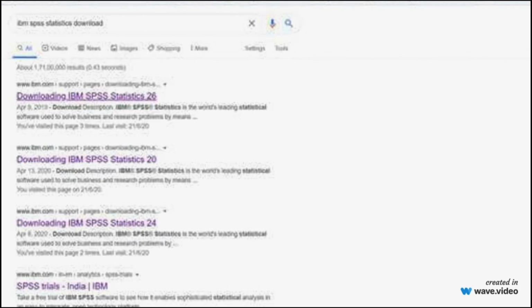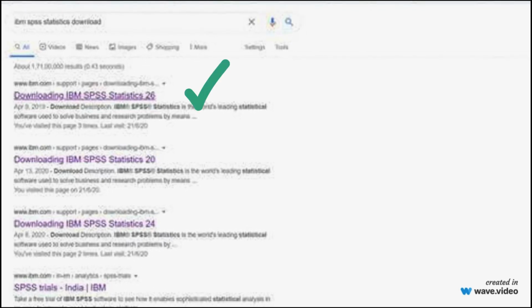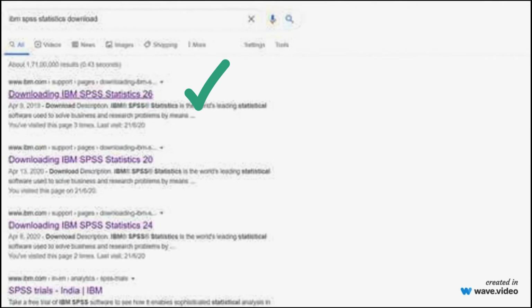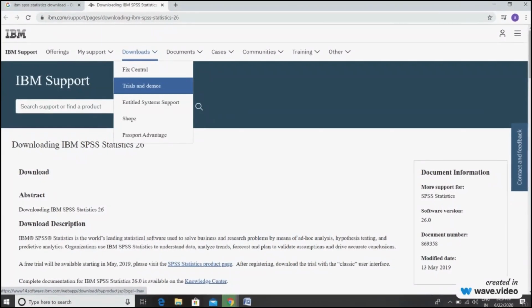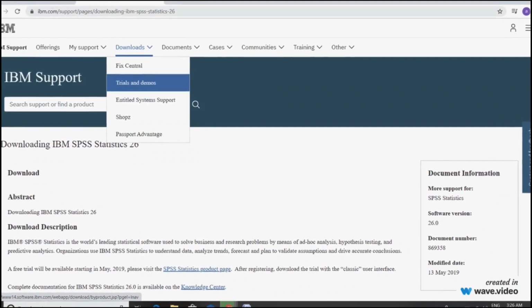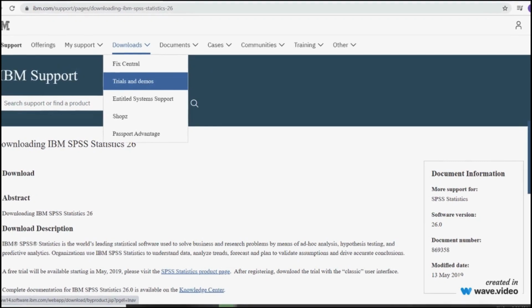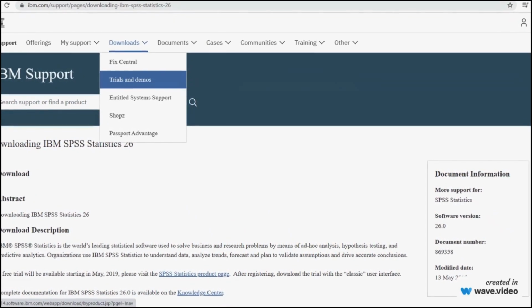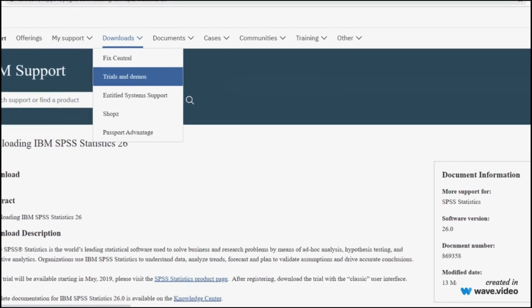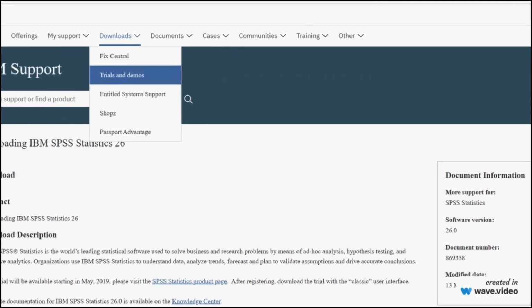Now we will get the following window. The first link will take us to the download page of IBM, which will give us access to the free trial version. Now we will click on the Downloads and then click on Trials and Demos as follows. After this, we will get the IBM SPSS Statistics option. We can skip the above options and can directly go to this step using the following link: